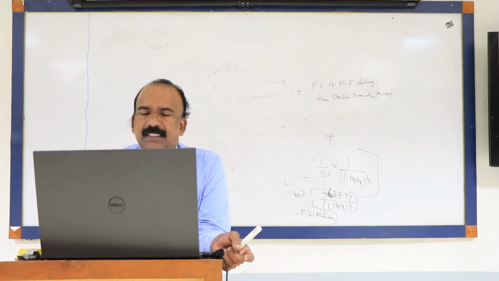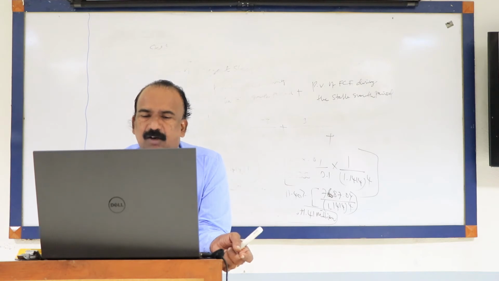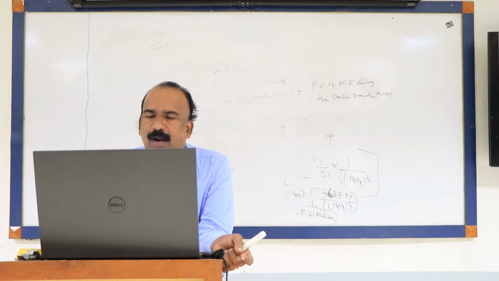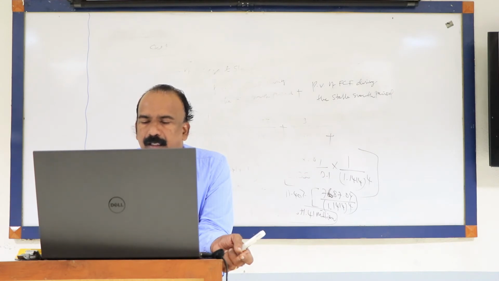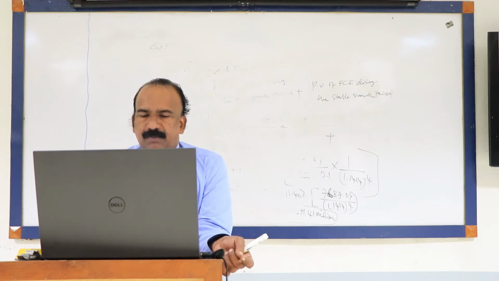Then input for the high growth period, that is 4 years. The growth rate is 20%, working capital as percentage of revenue is 25%, cost of debt is 15%, debt equity ratio is 1.5:1, risk-free rate is 11, market risk premium, that is the difference between market return and risk-free return, is 6%, equity beta is 1.25. And the input for the stable growth period: growth rate is 10%, working capital percentage of revenue is 25%, because the previous one is 25%, it must be 25%.